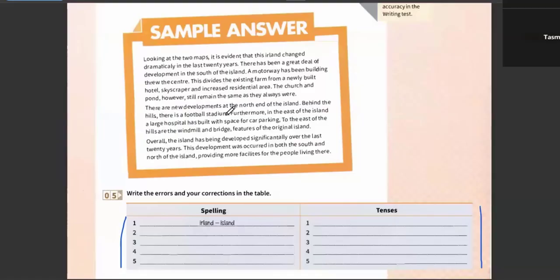Then, last one. Not last one, sorry. There are two more. The island has been developed significantly. Yes. Very good. The last one. This development has occurred in both the south and north of the island. Very good. So this will not be was occurred, it will be has occurred. Excellent. Good work. So this was all about the errors of spelling and tenses from this sample answer that describes